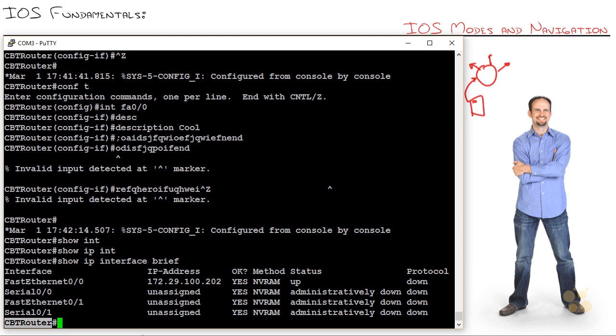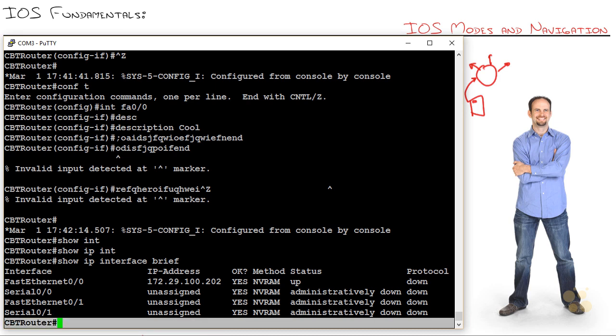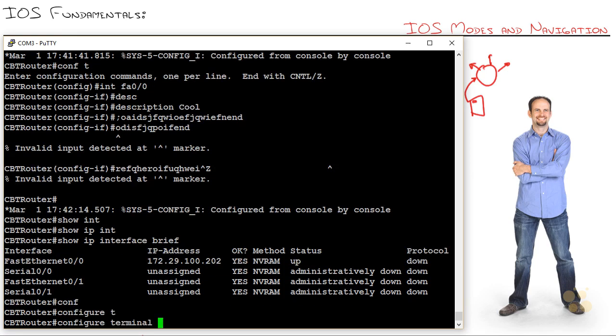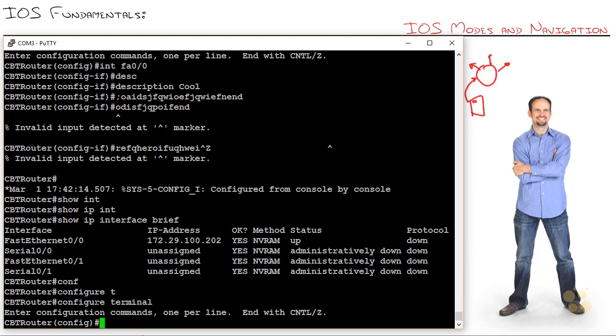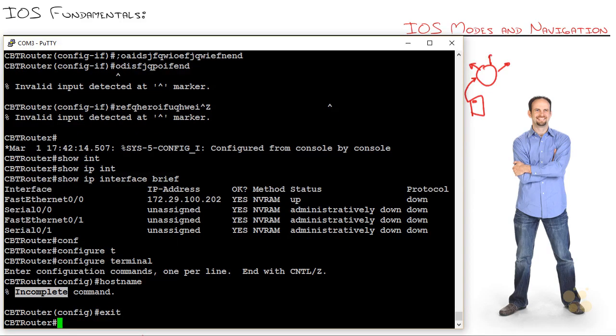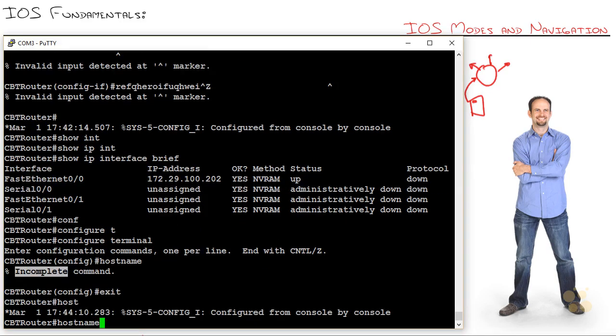So first off, let me ask you a question. What mode were we in when we changed that name? Global, right? So I have to go back into global configuration mode. Anyone remember the command? It was hostname. Right? I can type in hostname and change the name of the router. Now, before I go any further, if I were to type hostname from privilege mode,